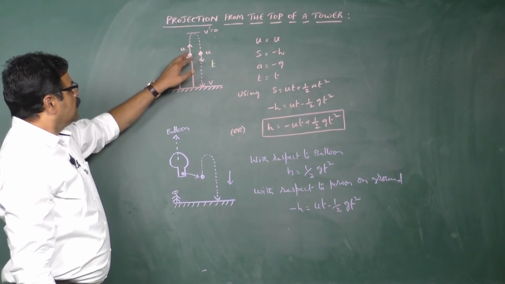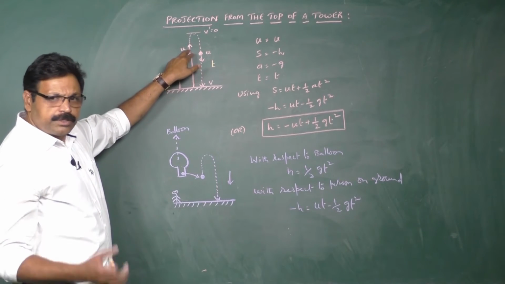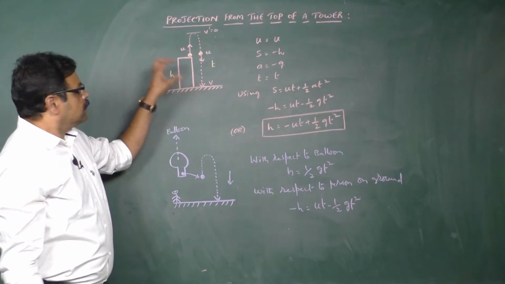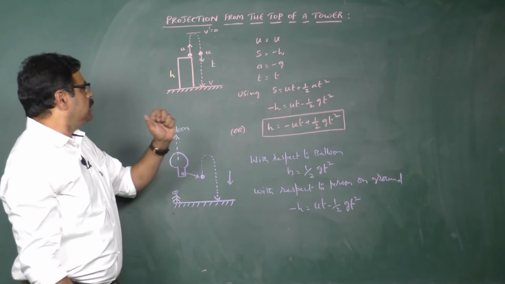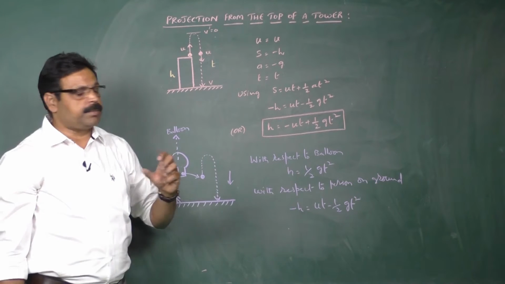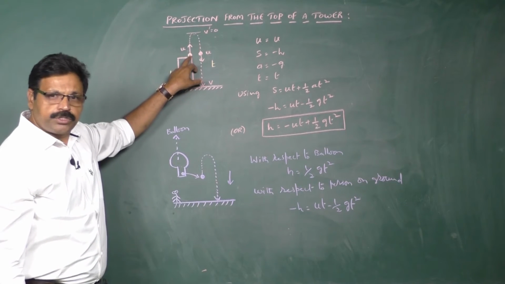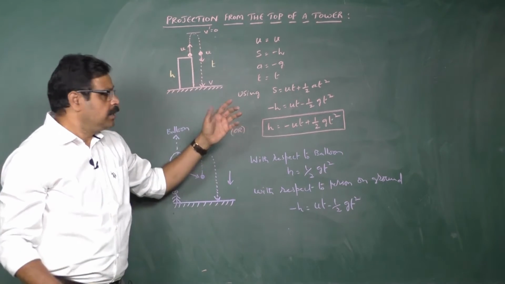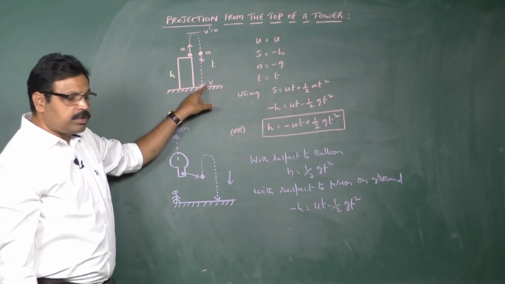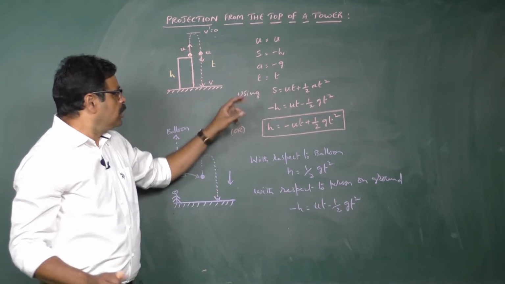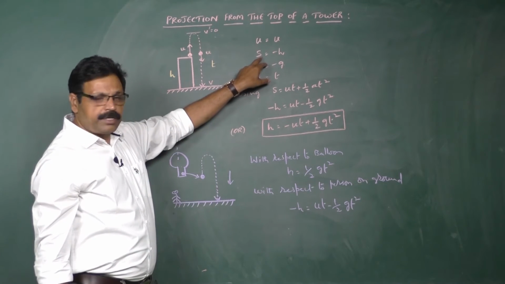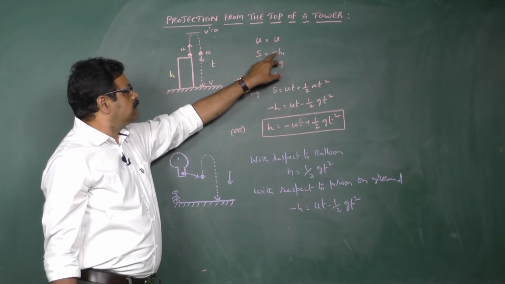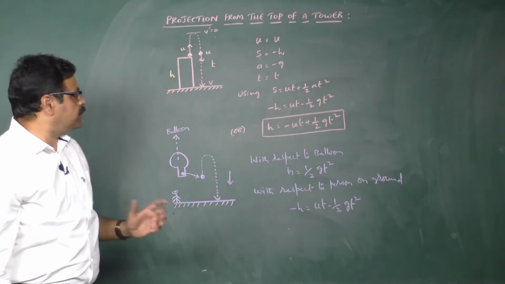In this case, given is u, that means with which the body is thrown, initial velocity is given, then the displacement of the body. See here it's a crucial thing you have to remember, because whenever a body is thrown upwards with an initial velocity u, the direction is upward, whereas the body is reaching in the downward direction. Therefore, we take the displacement as h in magnitude, but since it is coming in the downward direction, we are taking the negative notation for that.